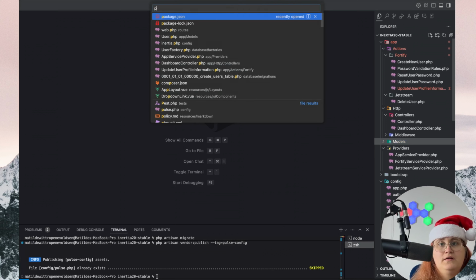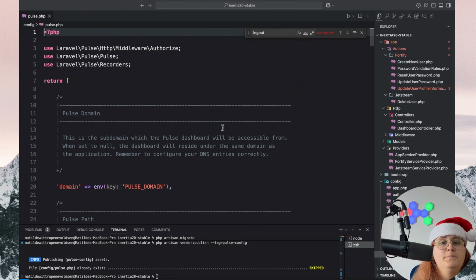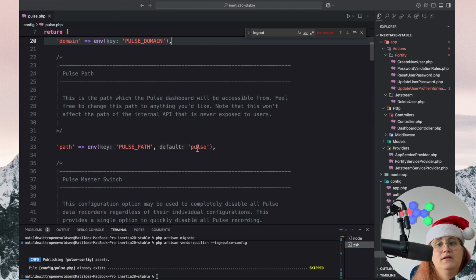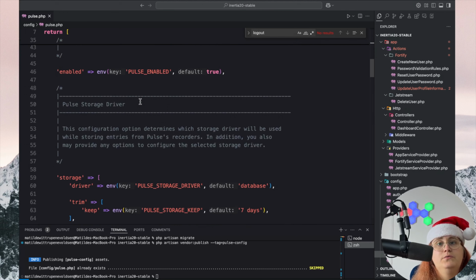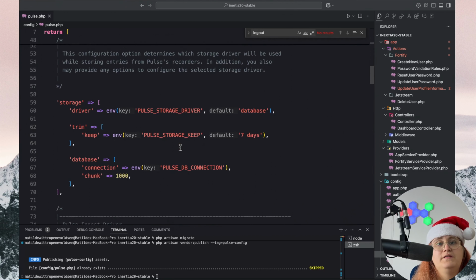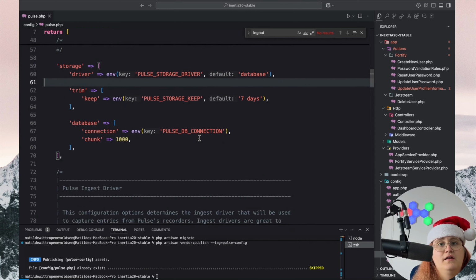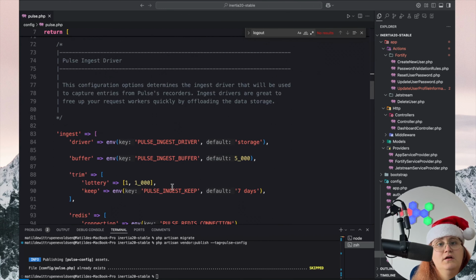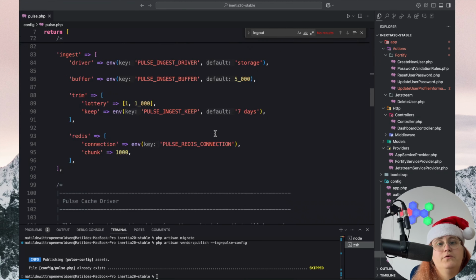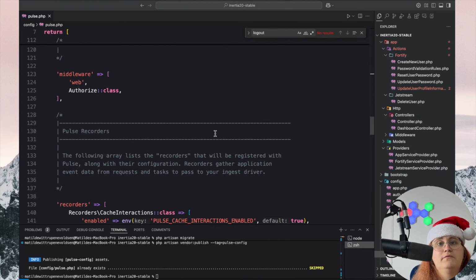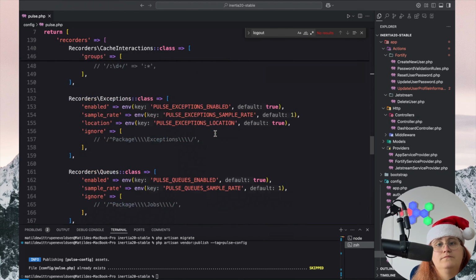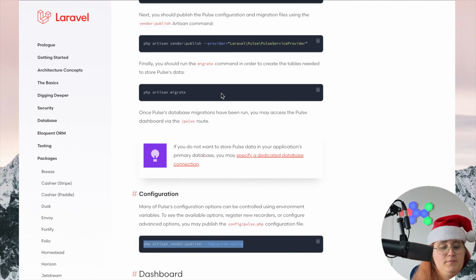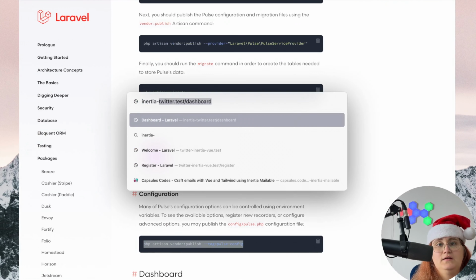So if we go in and take a look at pulse.php, we have the domain. We can set here the path to the domain, and also features such as where we have the storage and also the database connection and chunking it, along with a few other things in here such as the Redis driver, middleware, recorders, and so on. So there's a lot of things we can go and take a look at here, but if we just take a look at this